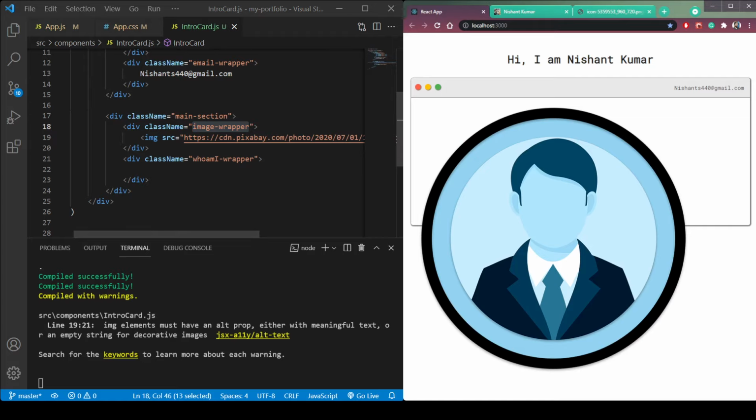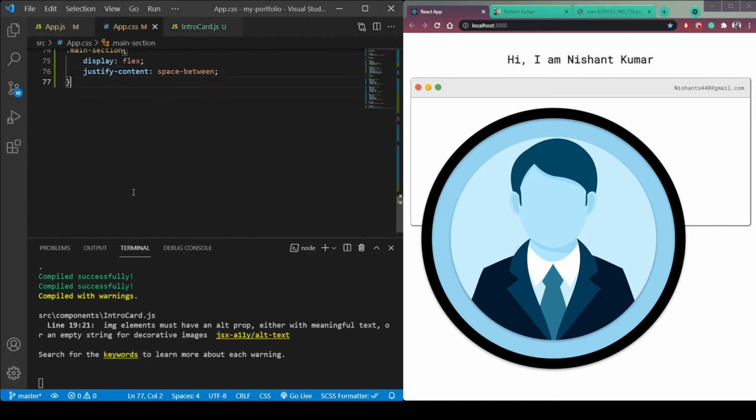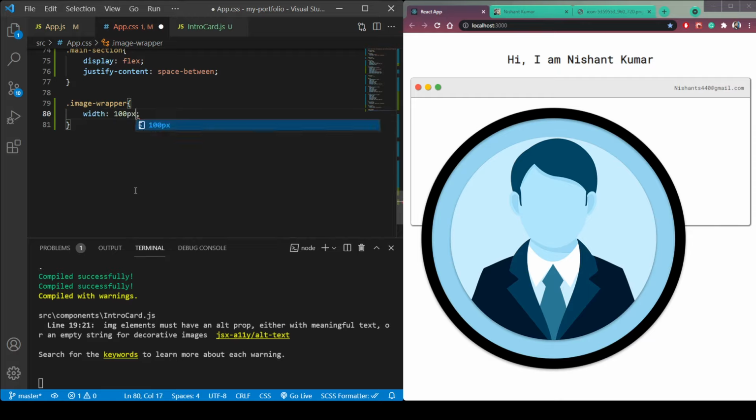So copy this image wrapper, and inside this css file, main css, make it like say width 100 px.